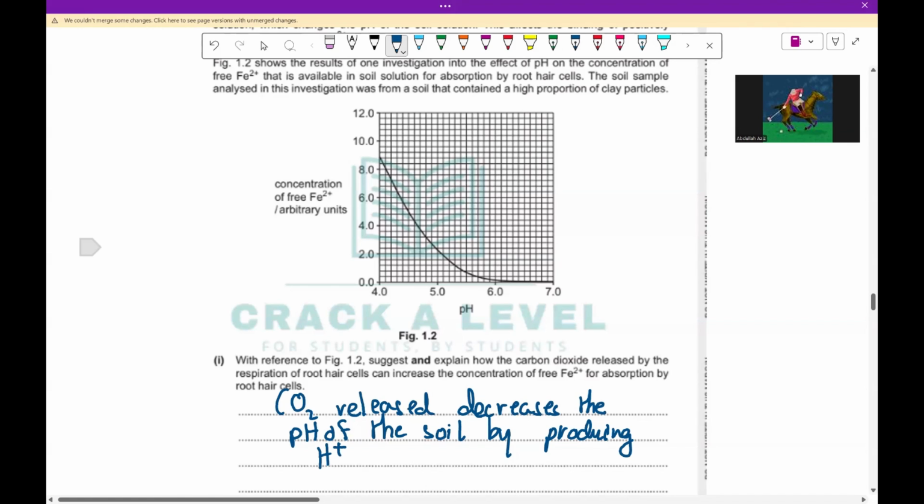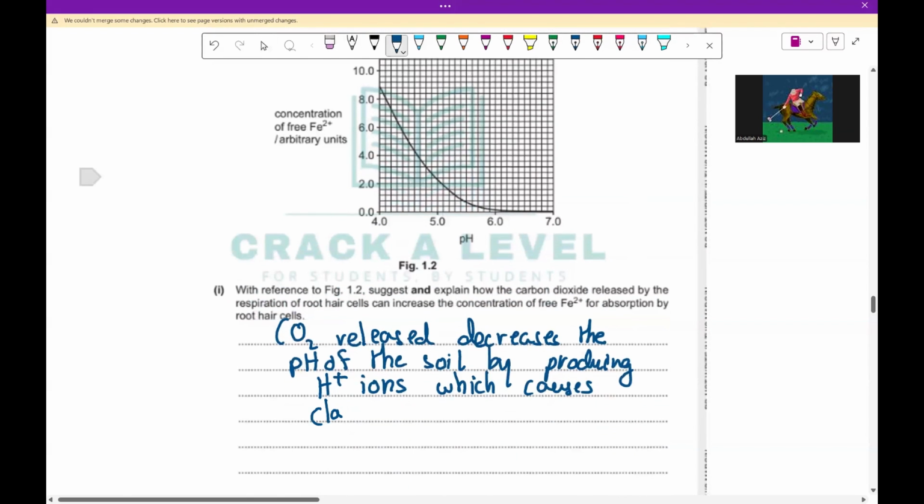By producing H plus ions, which causes clay particles to lose Fe2 plus ions, since H plus displaces Fe2 plus, since it's more concentration, right? Okay, but